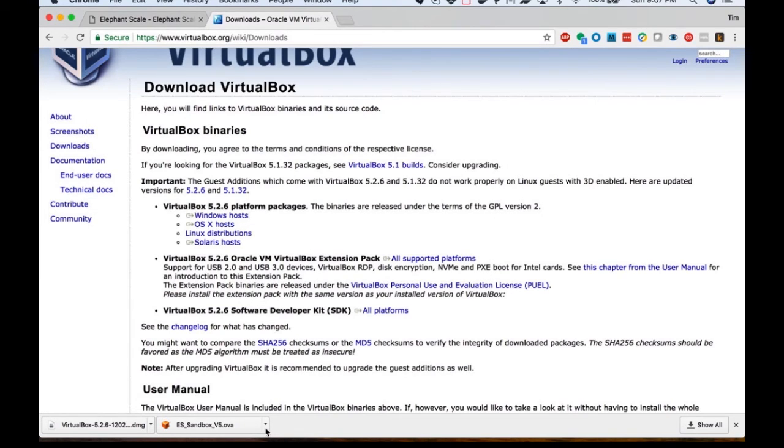My OVA file is downloaded, so with VirtualBox installed, I should be able to load the virtual machine and get the Sandbox set up. So let me do that.